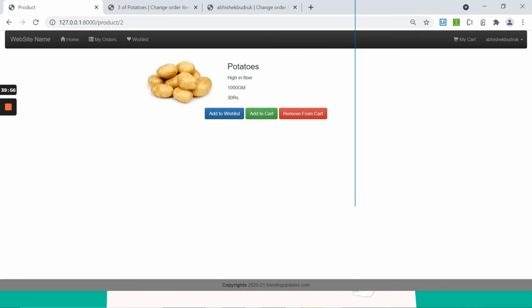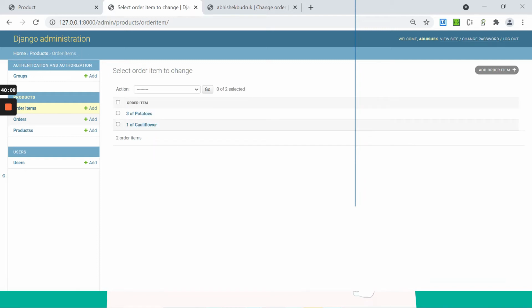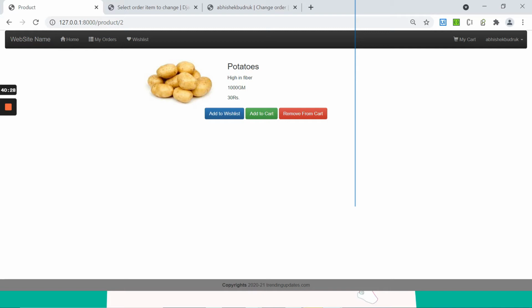Okay, remove from cart is there. Once you hover over this, you can see in the left corner, localhost remove from cart /2. Now inside the order items, if you see, 3 potatoes are already added. And here inside this, if you see, 2 of these products are activated. Okay, I'll remove the potatoes product itself from the order item model. So I'll just remove it off.